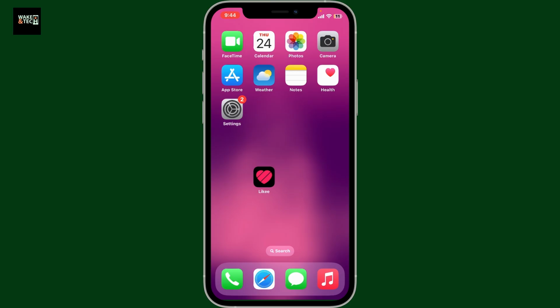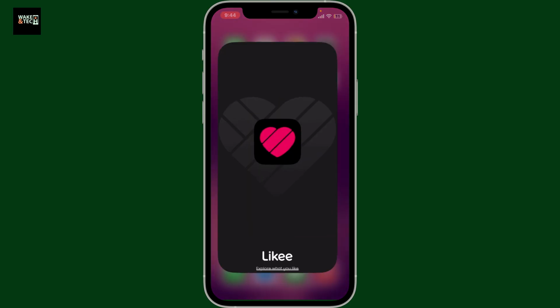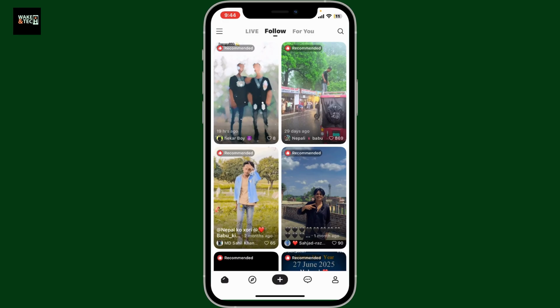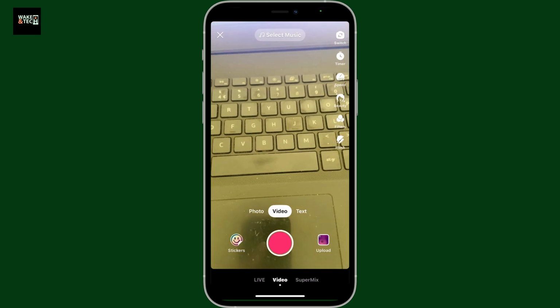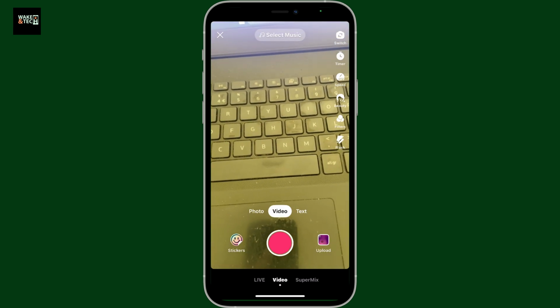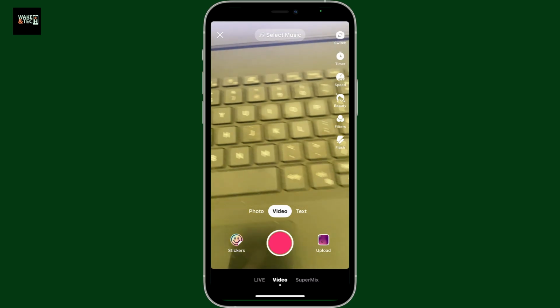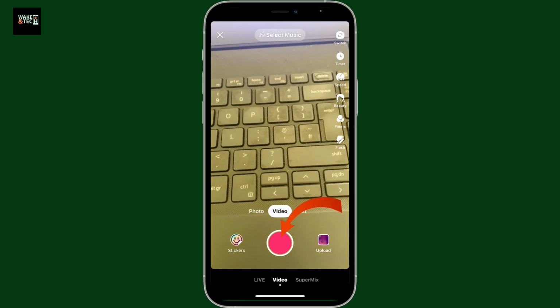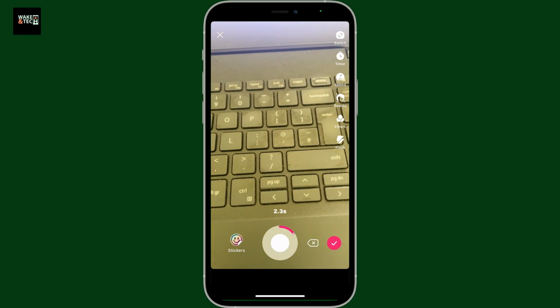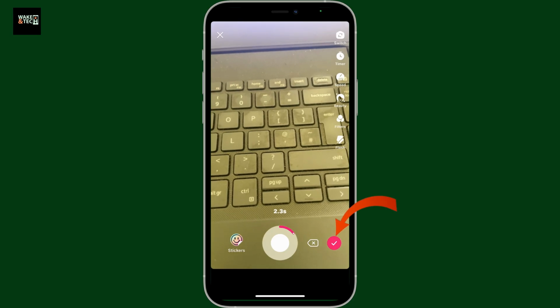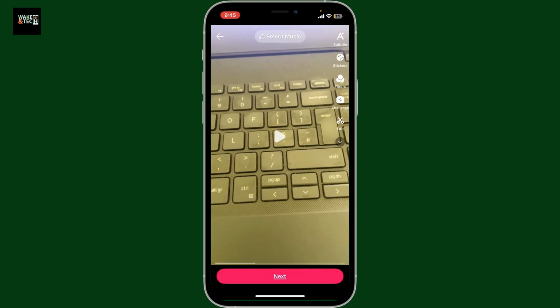First of all, open up the Likee application on your mobile device, and then from the home page, go ahead and tap on the plus icon at the bottom center of the screen. Record a new video or upload one from your device's camera roll. I'm just gonna record a video here by tapping on the little circle at the bottom. After you've done recording, you can tap the tick mark at the bottom right, and then your video will be